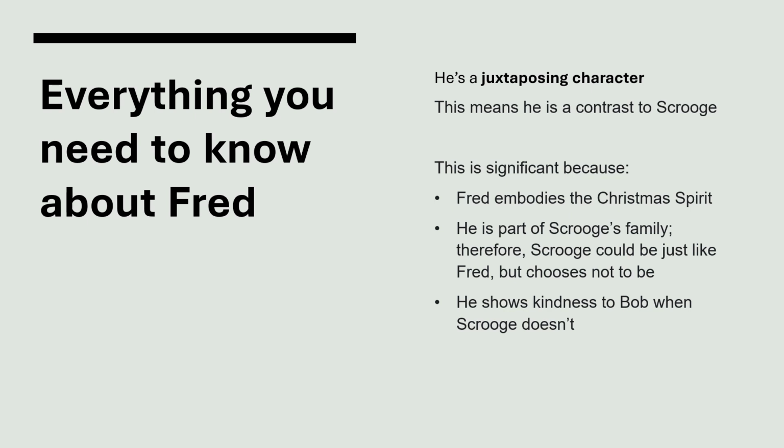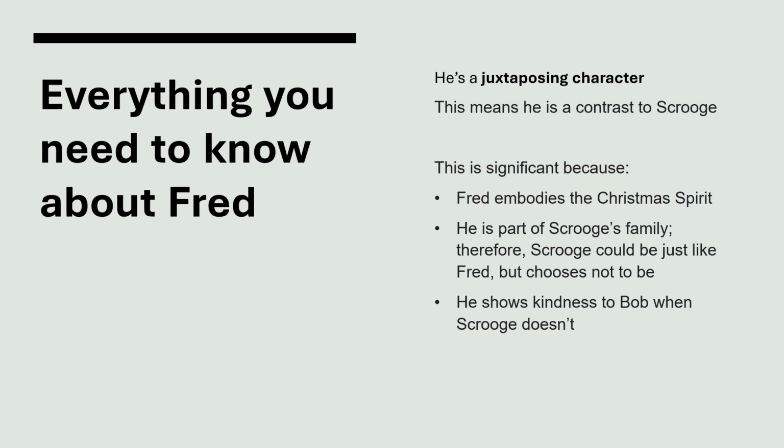We can see that when Fred comes to Scrooge's office and asks him to dinner. There's a very repetitive scene between them where Fred keeps saying to Scrooge, "Please come, Merry Christmas, Uncle," and Scrooge keeps replying with "Bah humbug" and "Good day, goodbye." He's trying to get rid of Fred, so he's really pushing Fred away. What that symbolizes is him pushing away that Christmas spirit, pushing away the happiness, the joy of having a